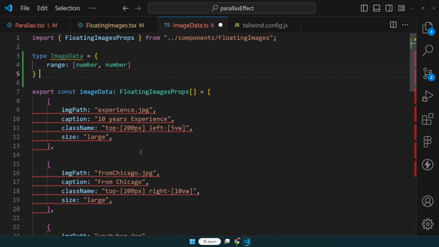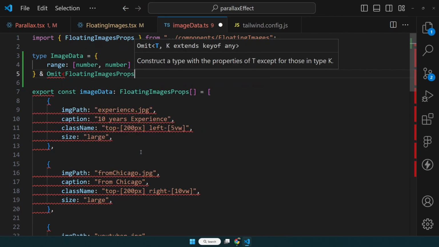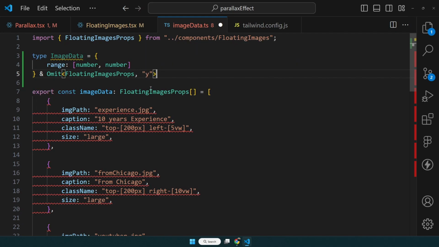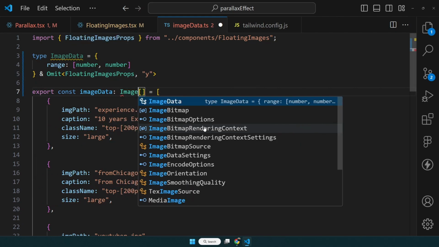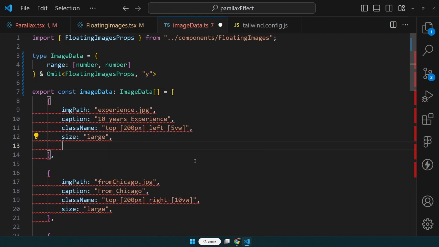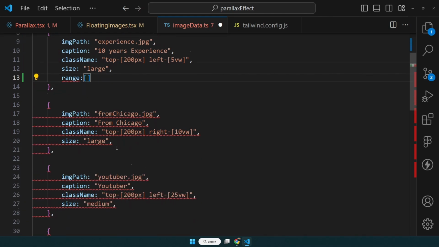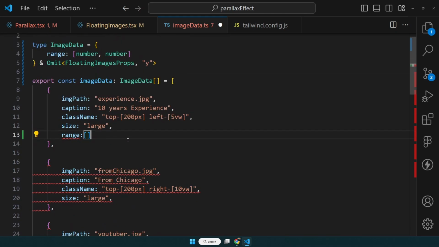So to do that we can say omit from this floating image prop type, and we want to omit this y property. Okay, now we can replace this floating image prop type with this image data type. Now in our data we can add range and provide our data over here. Now we have to provide the range in all of our data over here, and which will take a little bit